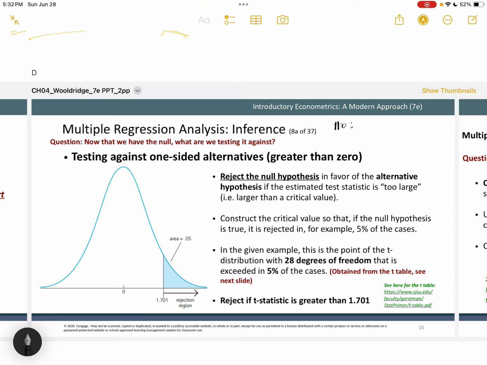If the null hypothesis you had is H naught: beta J is equal to 0, right? We all remember that. Now, the alternative, HA, A for alternative, HA is beta J greater than 0. That means that when you draw your t distribution curve, which is what you see right here to your left,